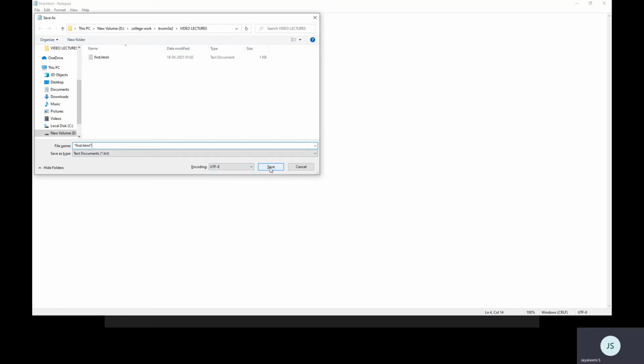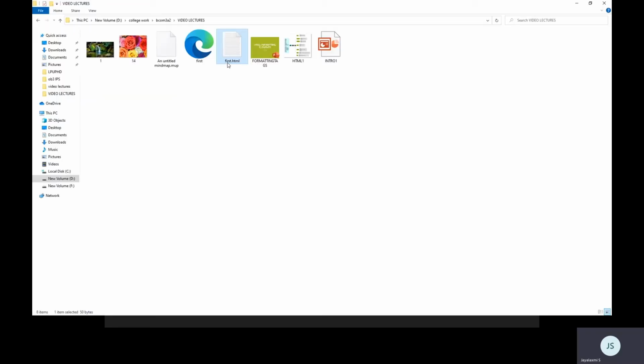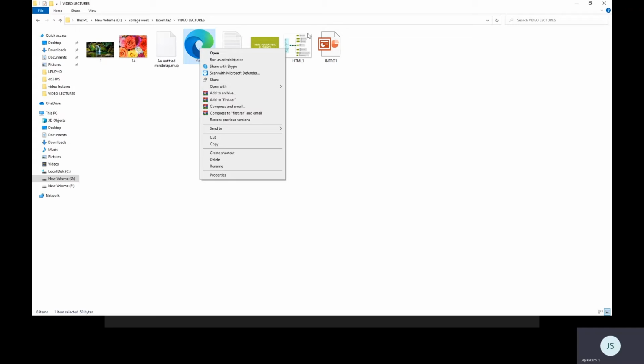You can see the difference there. Previously it was displayed with that text symbol, and now that I save it with .html properly, it is giving me a browser application. The other method is, instead of opening a text document, you can go to Start, Notepad, Run, put up the program and save it as first.html. That gives you a browser icon.